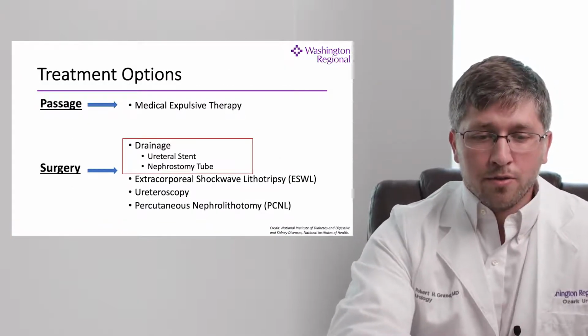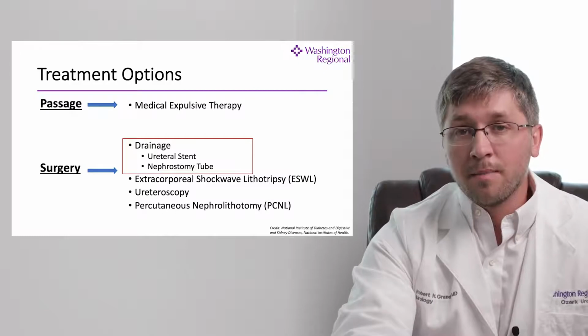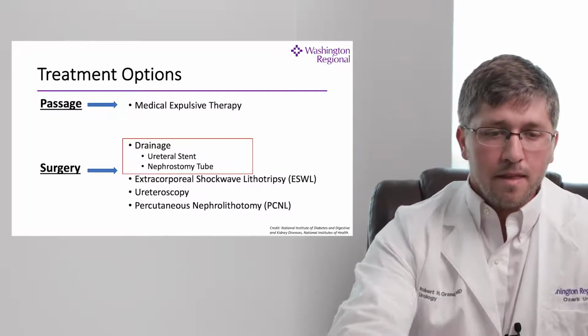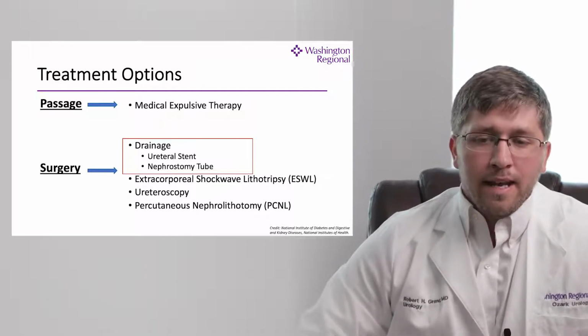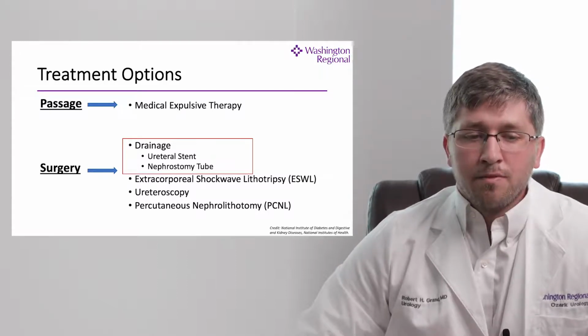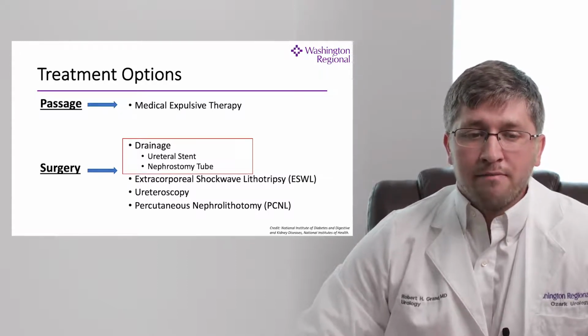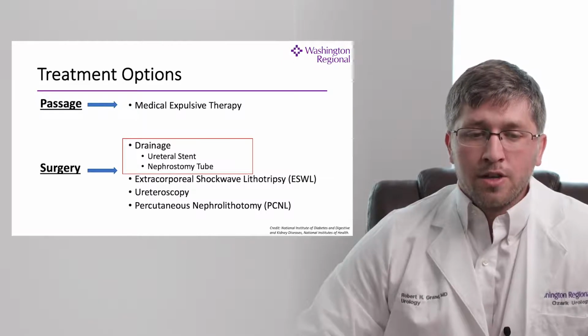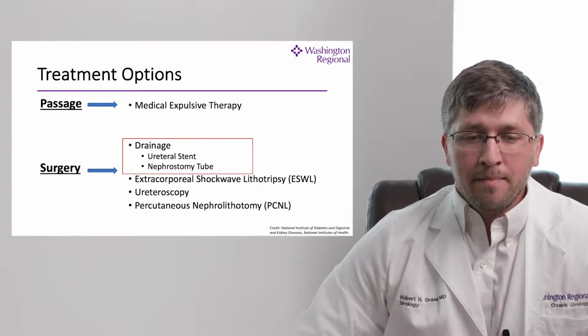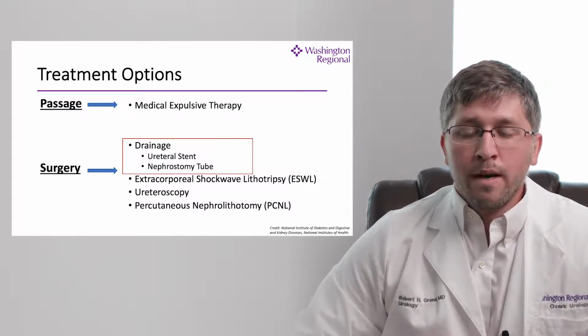Now moving on to surgical treatment options. First, I'm going to talk about drainage of the kidney. Drainage of the kidney is a process of placing a tube to allow urine to drain from the obstructed kidney out of the body. This is performed for different reasons, such as fast relief of pain, drainage of infected material from the kidney, or dilation of the ureter for further procedures. This is usually done by one of two